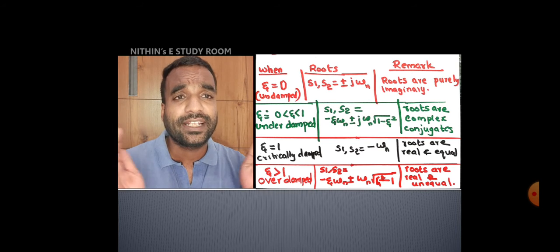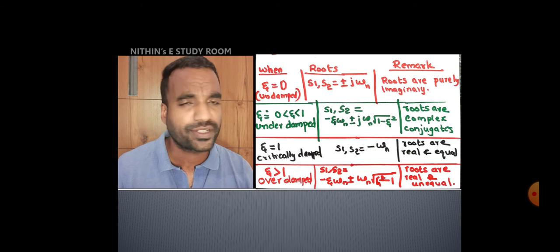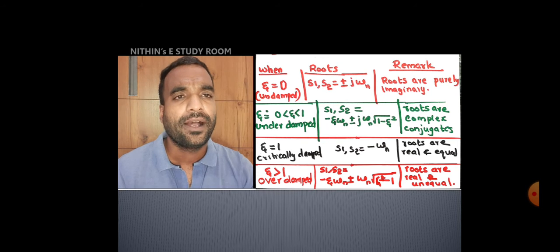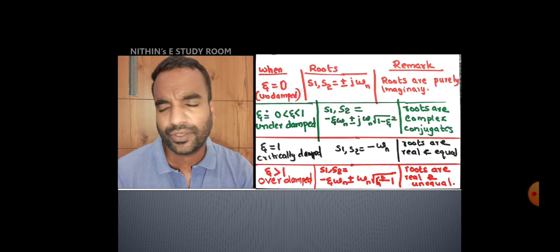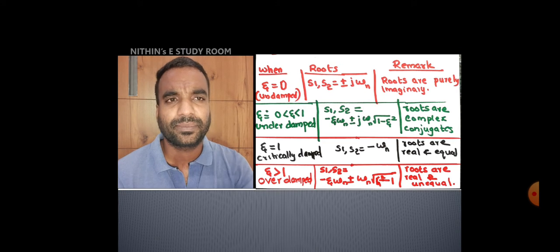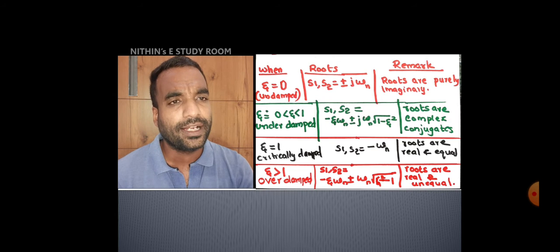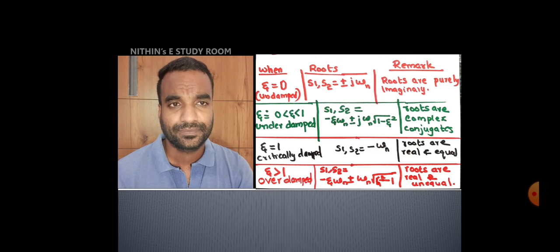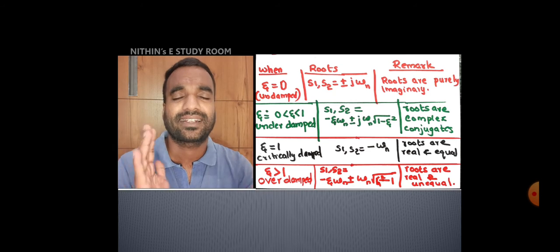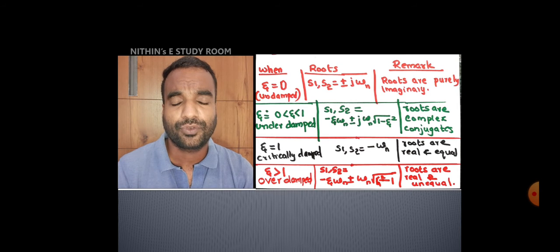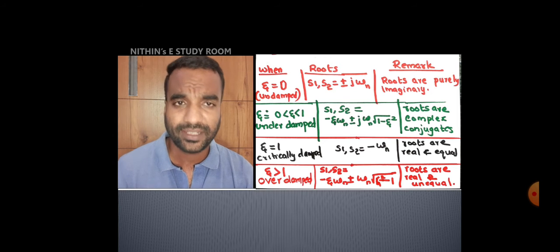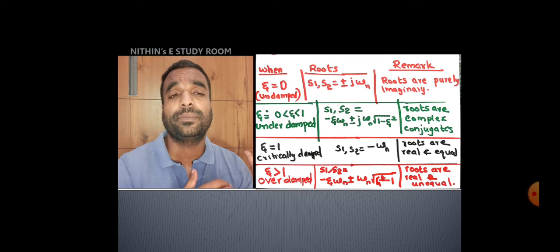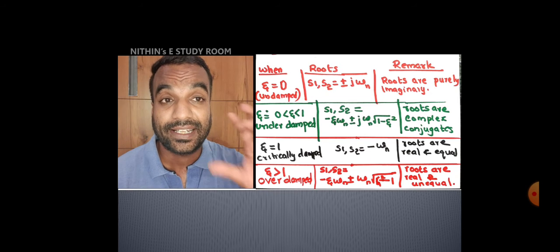But you can find S1 and S2 from any transfer function. You can find S1 and S2 by solving that quadratic equation, or by using some other technique. In some cases it is very simple. For example, 1 by s square plus 5s plus 6, that is nothing but s square plus 5s plus 6 is s plus 2 into s plus 3. So s is equal to minus 2 and minus 3. You can directly find. In some other problems you cannot resolve that directly. In that case you have to apply the quadratic solution, and then also you can find S1 and S2. Anyhow, from S1 and S2 you have the ability to comment about the condition of damping.